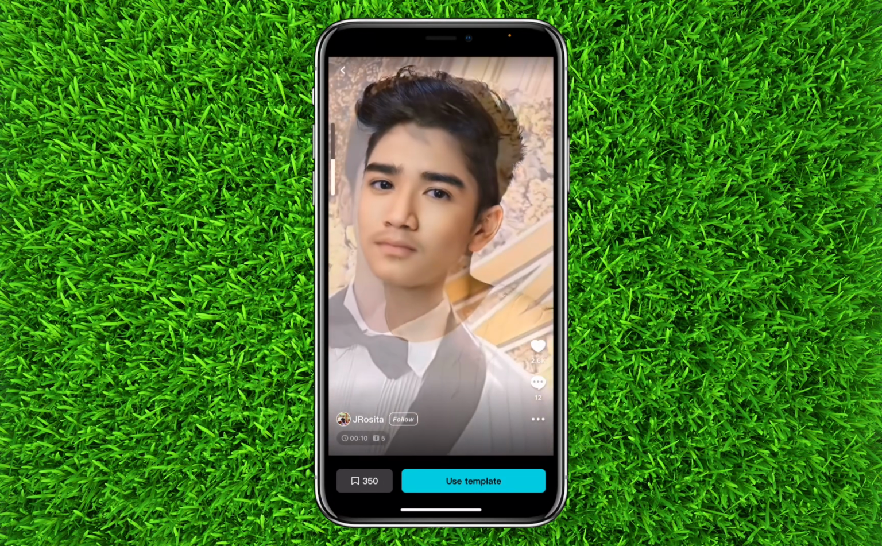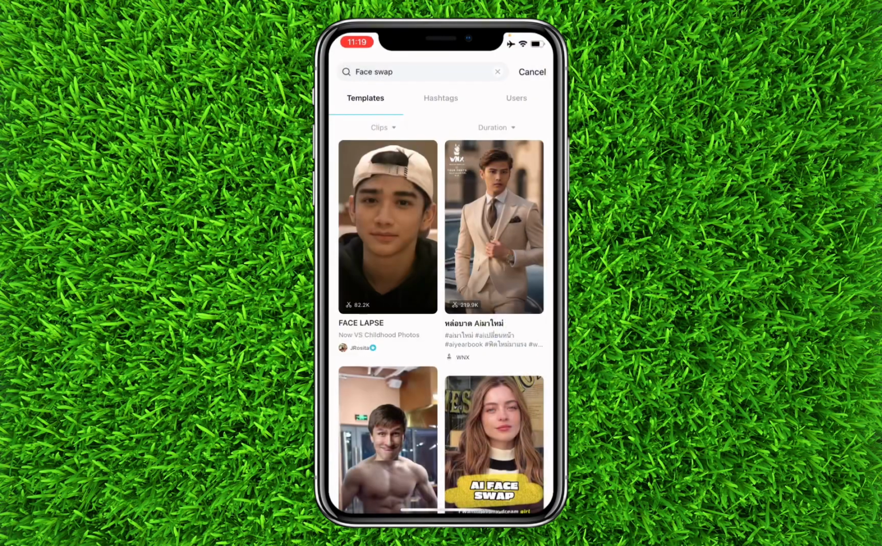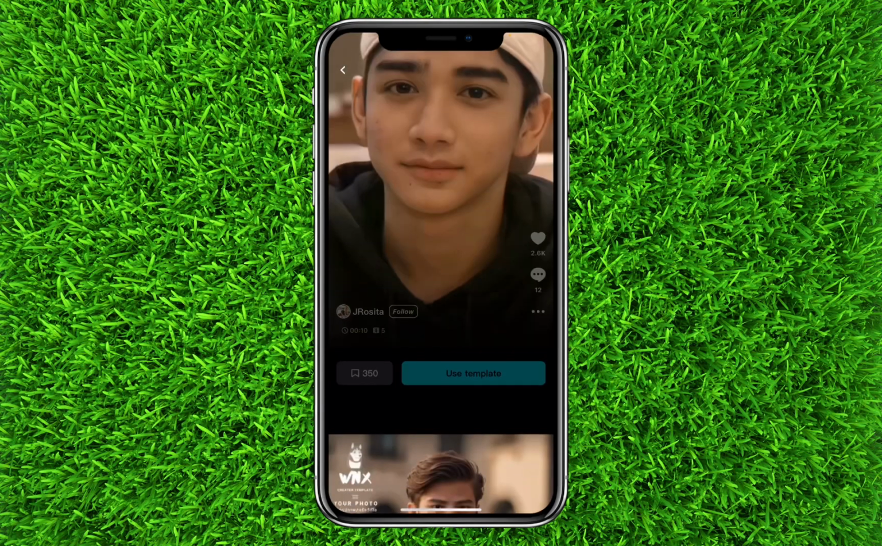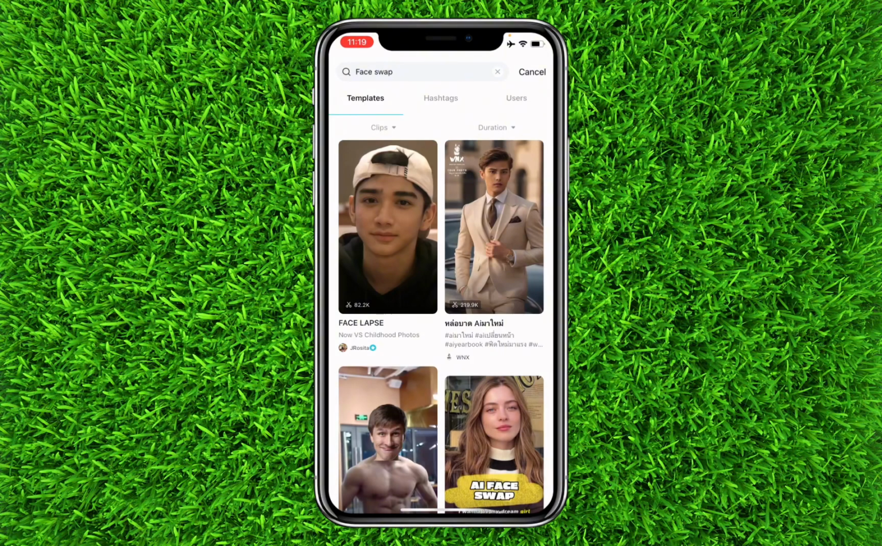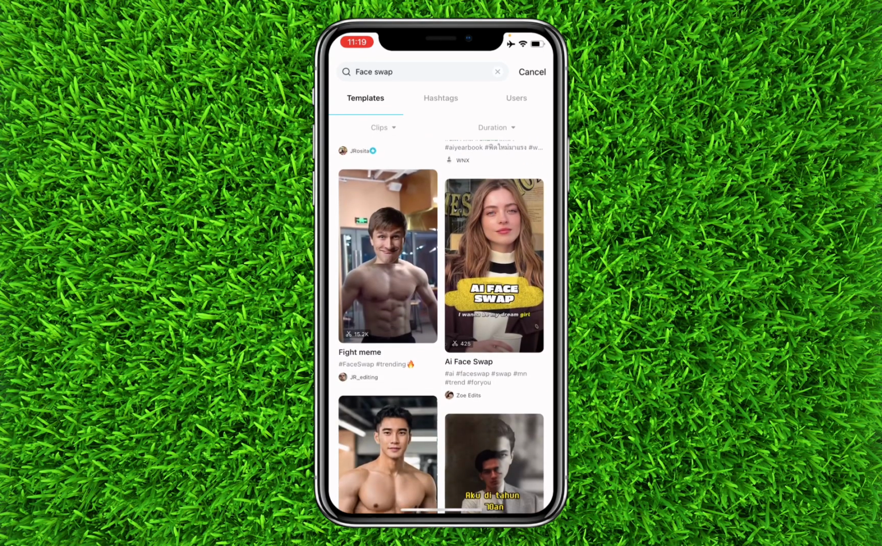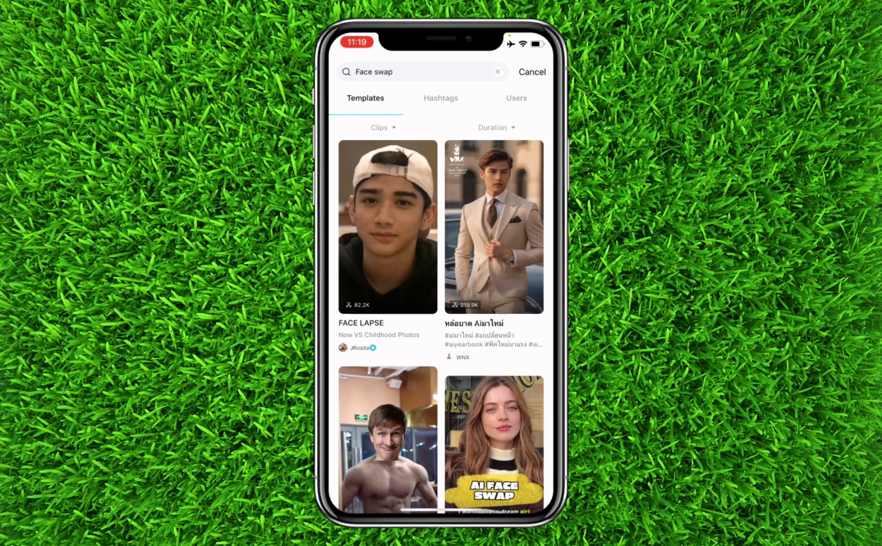And this is a face swap template that you can use. You simply click on use template and then add any one of your photos, and you'll be able to swap your face or your hair color using this template. And you can also check how many people have used this template. So that's how you can easily face swap in